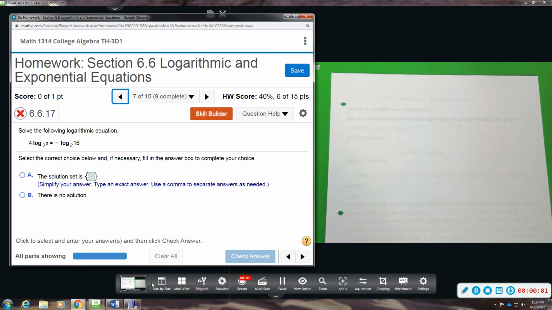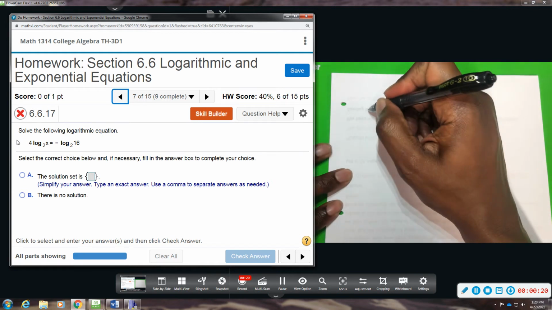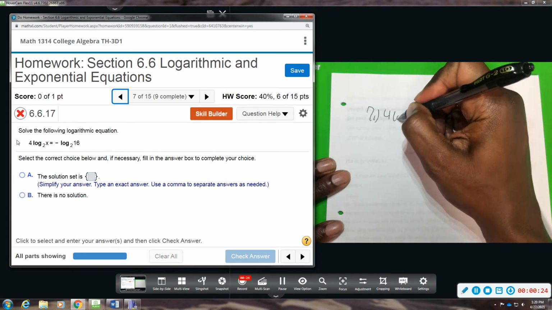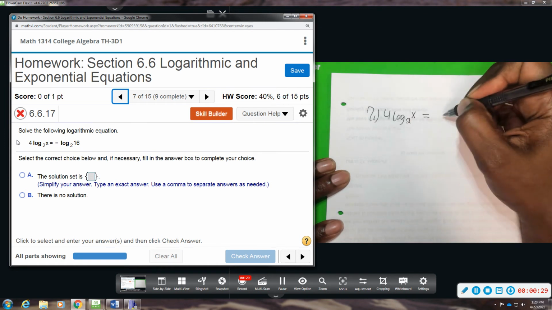All right, number 7 in class, I worked this out a little bit different way. I told you that if you can rewrite this number as a base of 2, you can cancel out. But I'm going to do it a little bit different this time, just to give you a different way of viewing this problem. So number 7, we start out with 4 times log base 2 of x equals negative